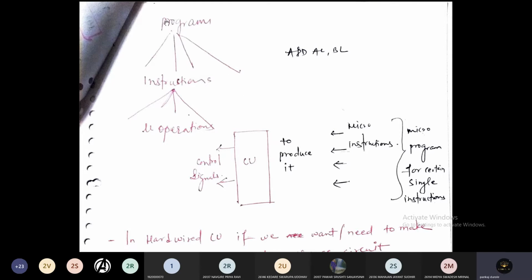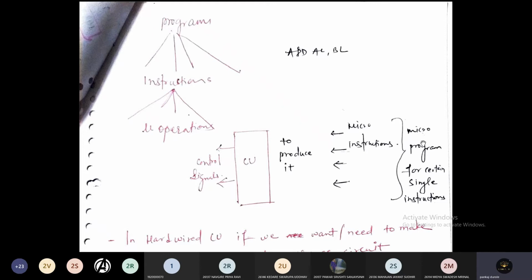So here, see, this is a program. A program is made of different instructions, and these are the different micro operations which I just discussed with you, needed for executing that individual instruction. This is a control unit which generates the control signals.